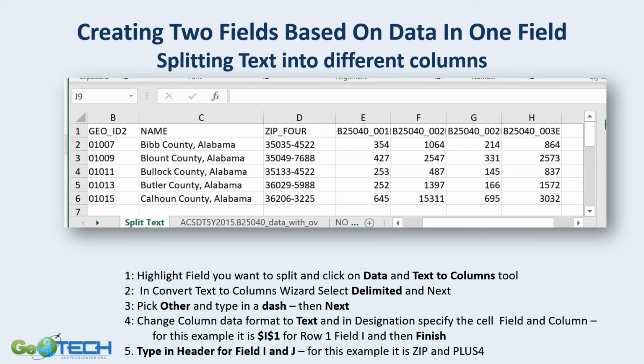Sometimes you want to create 2 fields based on the data in one field, and this can happen. This particular column here is zip plus 4. So I have the 5-digit zip code plus its 4-digit extension. And oftentimes with a geocoder, you may have the zip and the plus 4 in 2 different columns, so you need them separated. So first, to separate them into 2 columns, I'm going to highlight the field